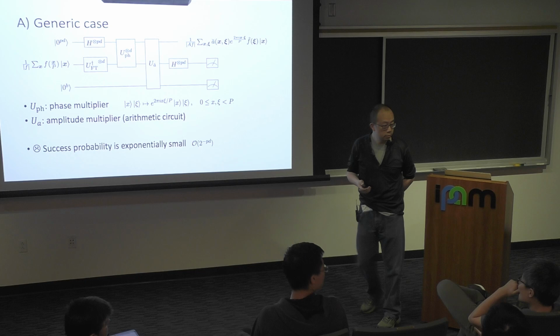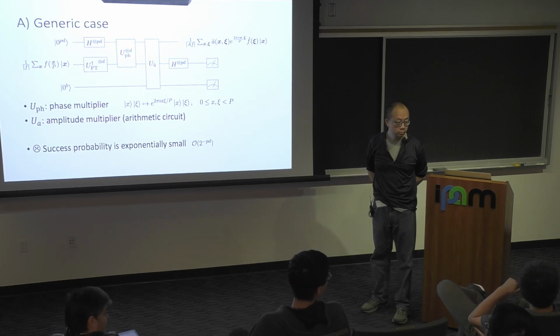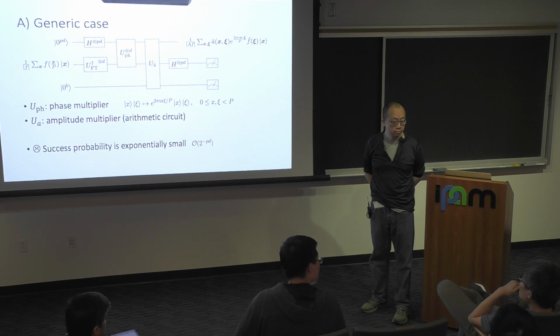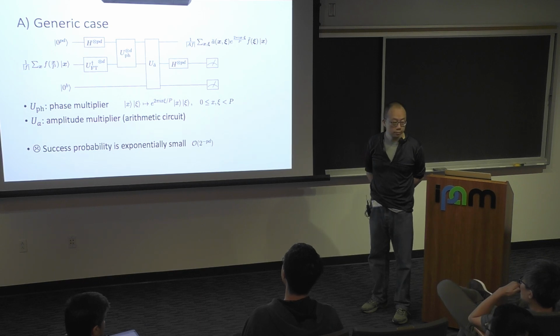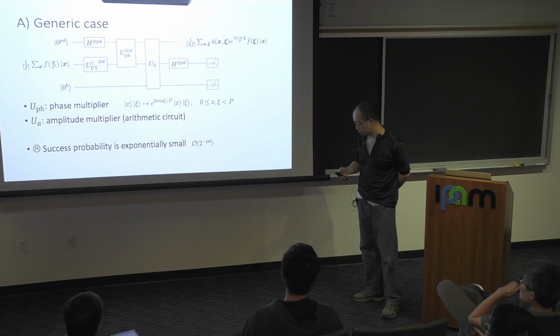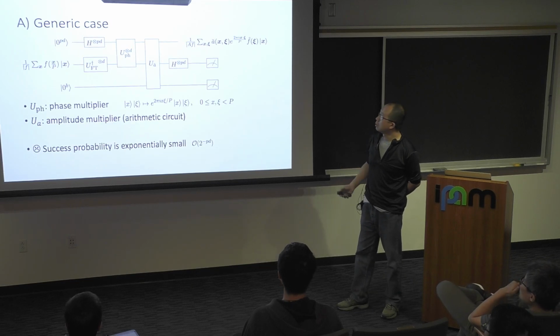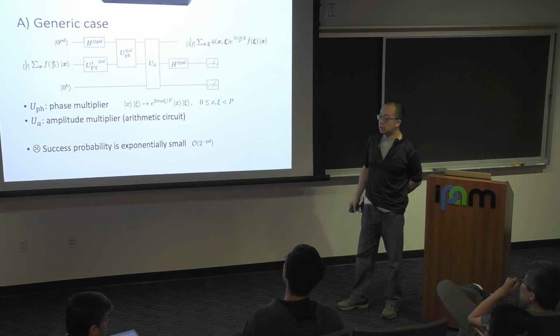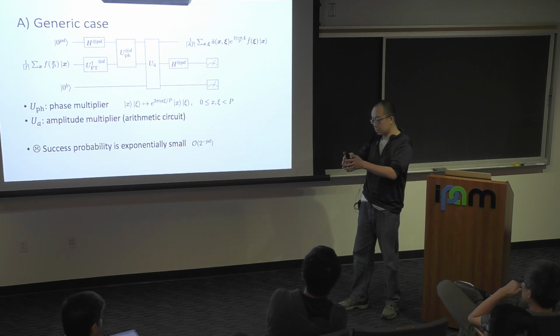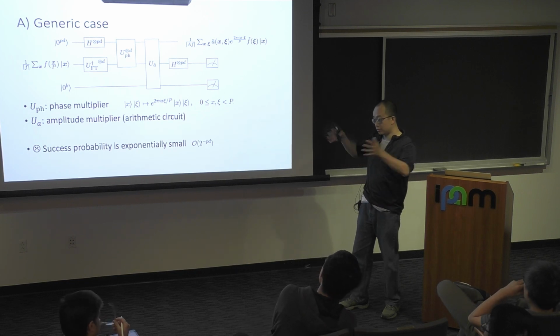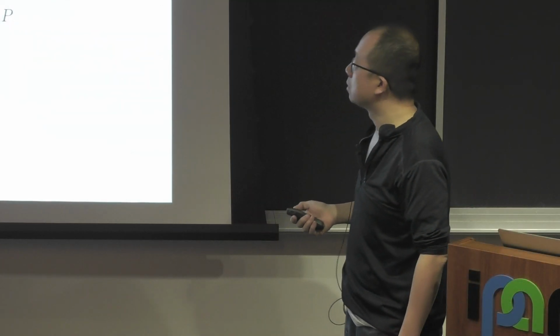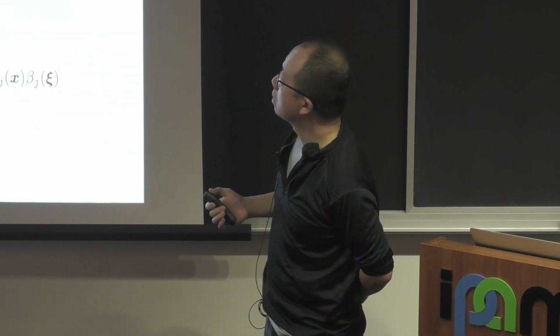So, Lexing, can you think of it as this is an LCU, but the one norm of your coefficients is very, very small? Yes, because you treated all terms uniformly. Exactly. Okay. The one norm is very large, right? Yeah. The amount you care about in the whole energy is very small.